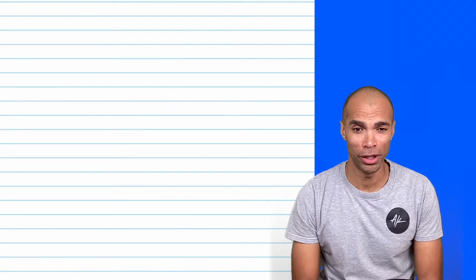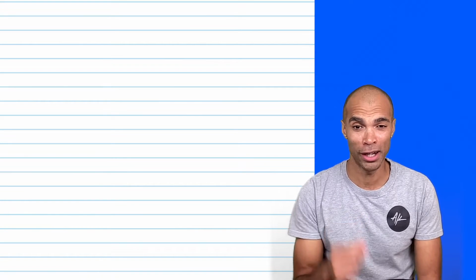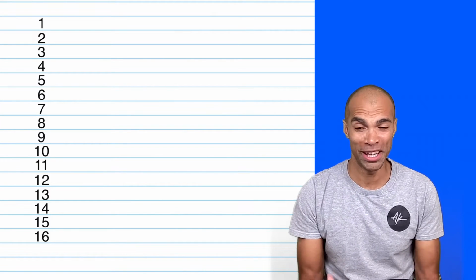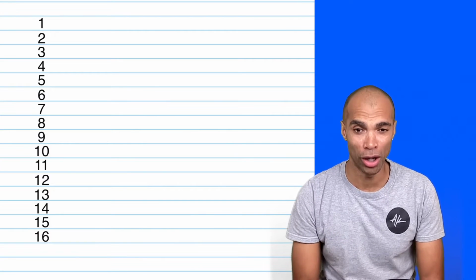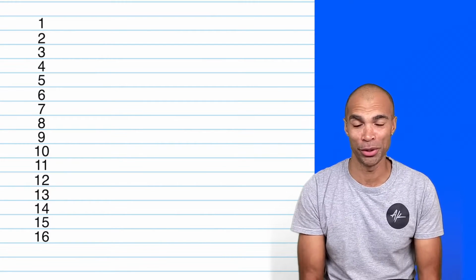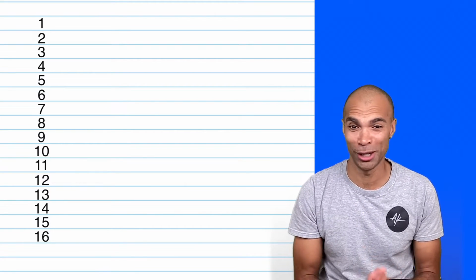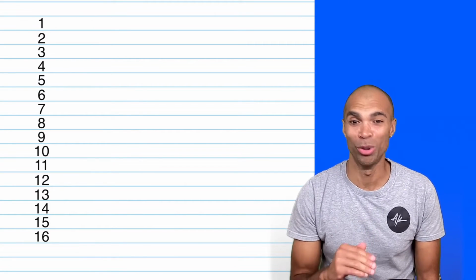Take a piece of paper and number the lines 1 through to 16. So each line is going to be 1 bar of the rap. So your rap is going to be 16 lines long, or 16 bars long. Okay, I'll give you a couple of minutes to number those lines.